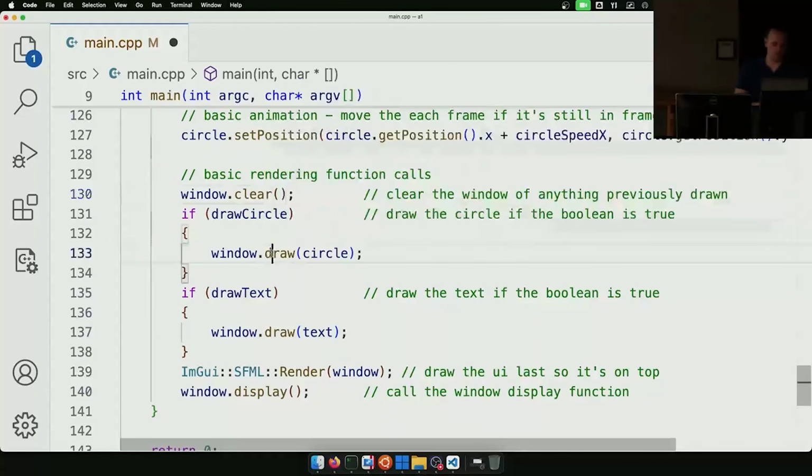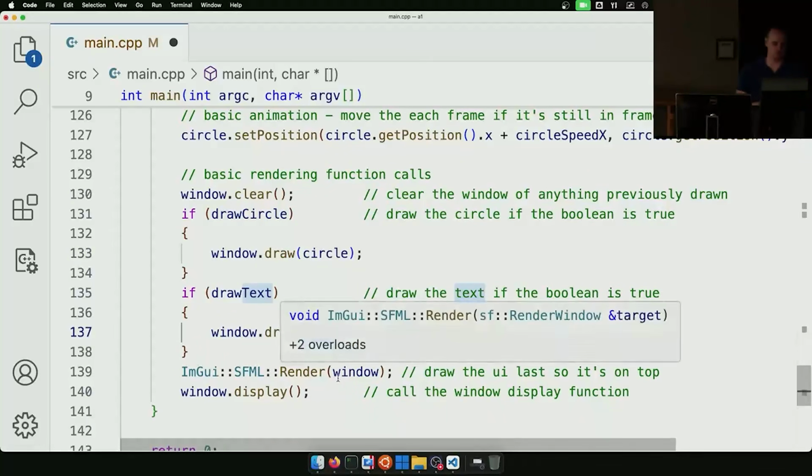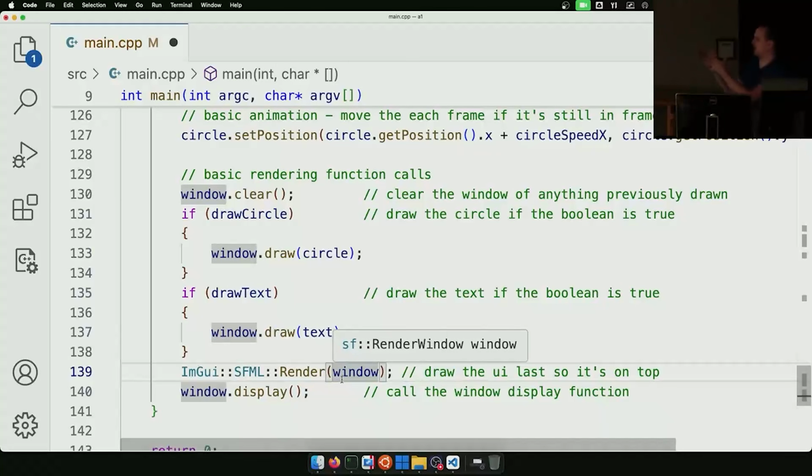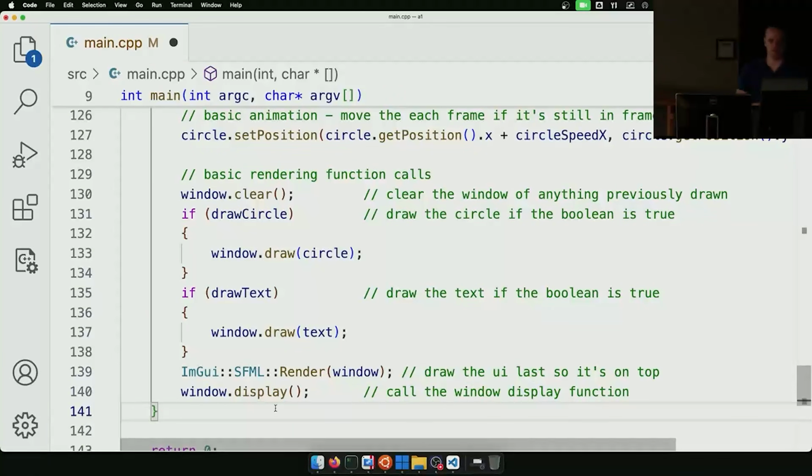And then what happens is I draw the circle, if I should draw the circle, and then I draw the text, if I should draw the text. And then I make the call so that IMGUI actually gets rendered to the window, and then I call window.display. And I'll get into the details of what that means, but that essentially means draw it all or post it